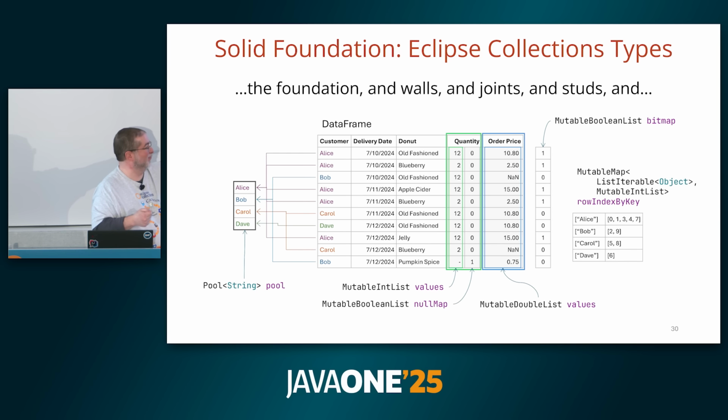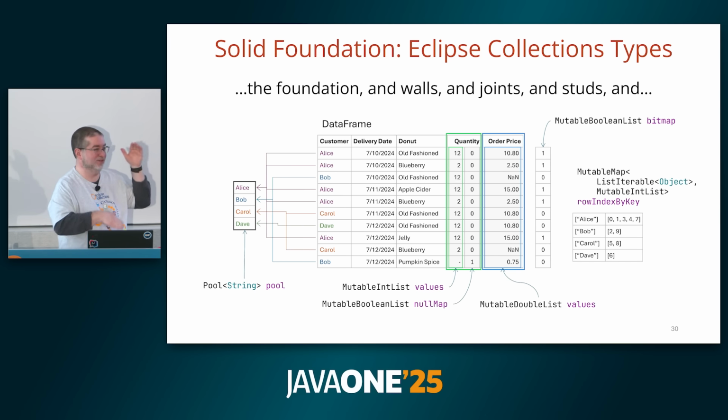And if you look at the last row, that's actually containing a null value. So that's being flagged as a 1. So he has a way of actually representing if the data is supposed to be null or not. Then you've got, obviously, double values represented via mutable double list, also a primitive collection, going to get the nice